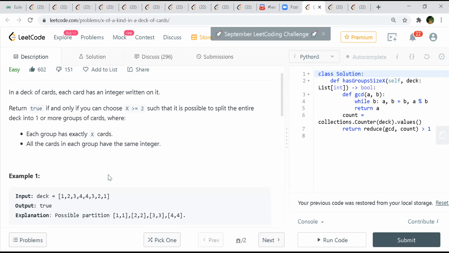Is it that simple? Yeah. I mean, one way, a hash map you can create, right? Generate the frequency for each of them and check whether all the frequencies are the same or not.